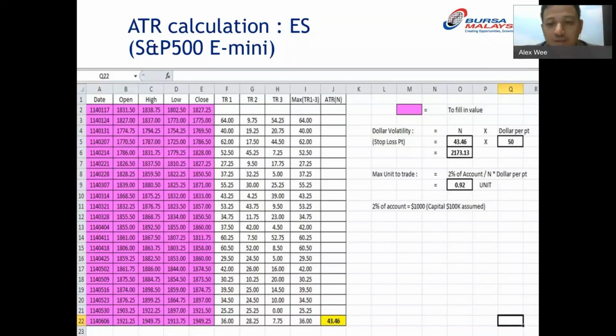Of course you will tell me that we can only trade one contract or two contracts. There's no 0.92. Then it comes to the CFD. With CFD you can trade 0.92, but that's not the point. The point is that it tells you how many units you are allowed to trade. So if it's 0.92 and you only trade futures, it tells you that you are not allowed to even trade this product because it's beyond what you are willing to risk. You must have at least 1.00 before you can trade one contract of futures.